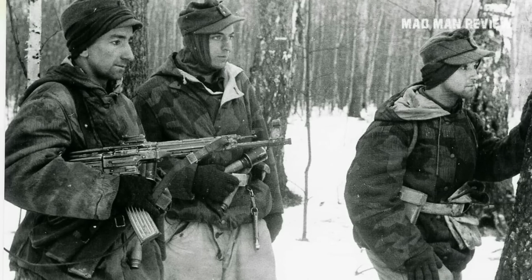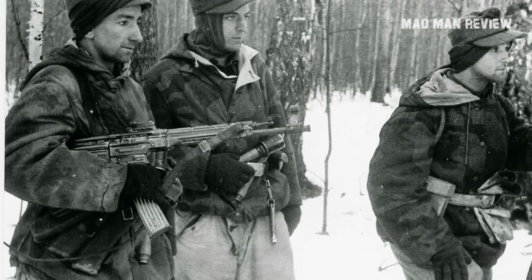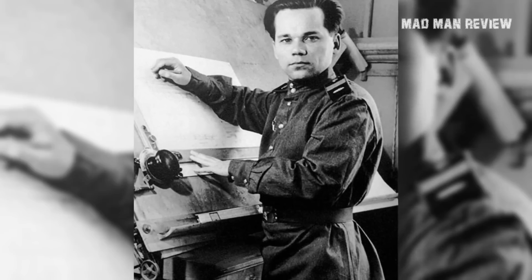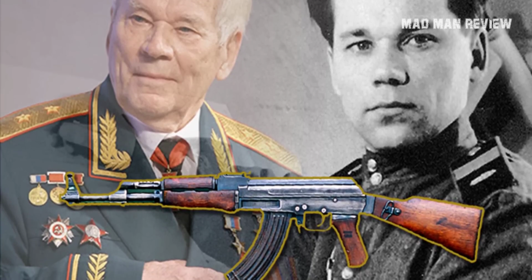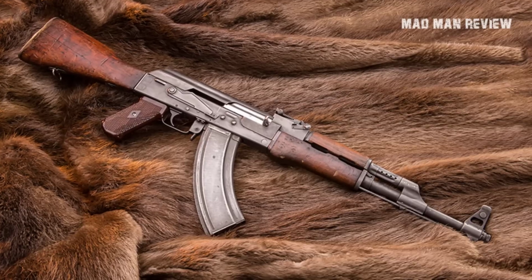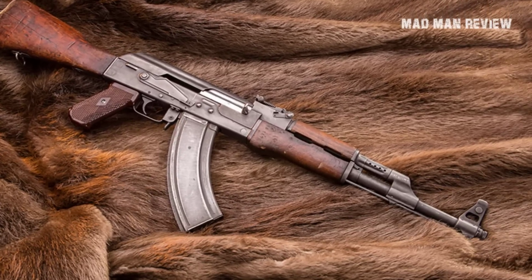The STG-44 was a revolutionary rifle design, giving firepower down to the individual soldier level. Pundits say Mikhail Kalashnikov found inspiration in it, which paved the way for the design development and production of the AK-47 some 3 years after it was released. It was a major development of its day, and today it's possible to own an STG-44 replica chambered in .22